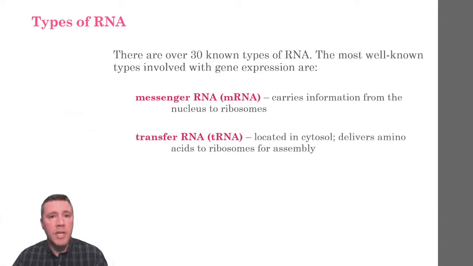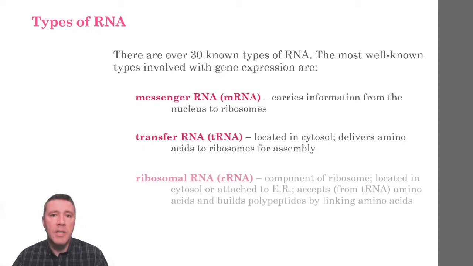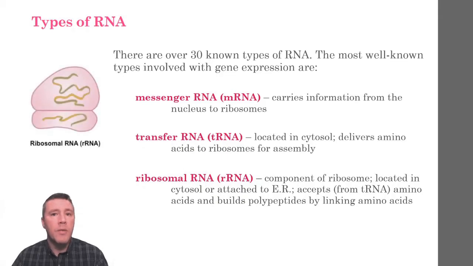Transfer RNA, or tRNA, are free-floating in the cell's cytosol and shuttle amino acids from there to the ribosome. Their structure includes a three-nucleotide sequence, an anticodon, that is complementary to a sequence of mRNA nucleotides, a codon. Ribosomes contain RNA and are complex structures found free-floating in the cytosol or attached to the endoplasmic reticulum. They are responsible for providing a location at which mRNA and tRNA can temporarily base pair and amino acids get